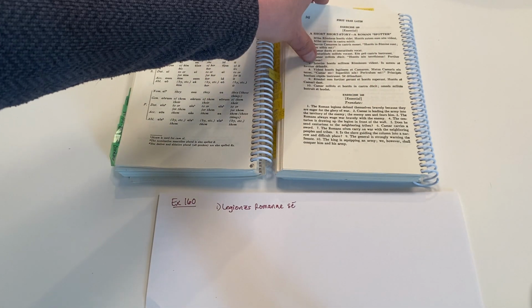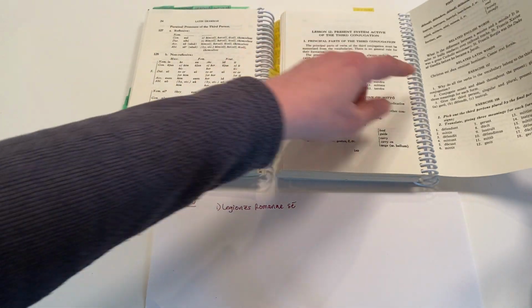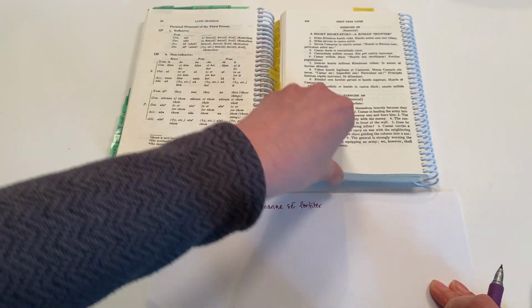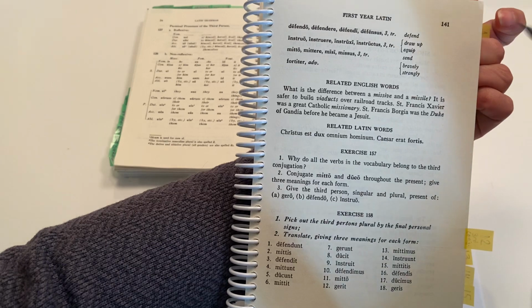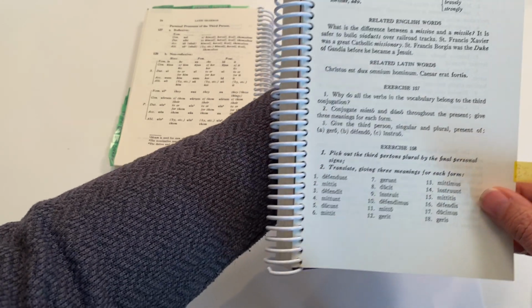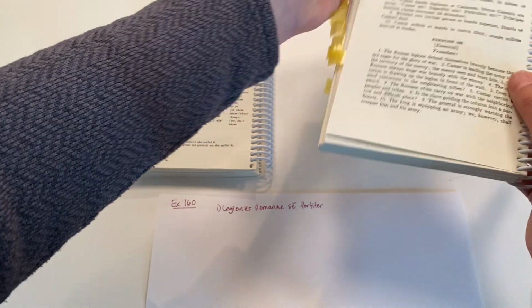So bravely, again, is a new vocabulary word. If I just go back a page, it was given here at the top of page 141. Fortiter means bravely or strongly. So I'll just put that there, fortiter. And then defend, another new vocabulary word. This is a third conjugation verb. Defendo, defendere, defendi, defensus. So we want to take that verb, defendo, and give it the appropriate ending that agrees